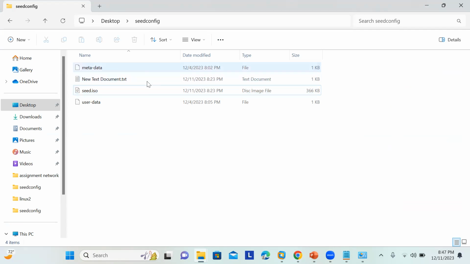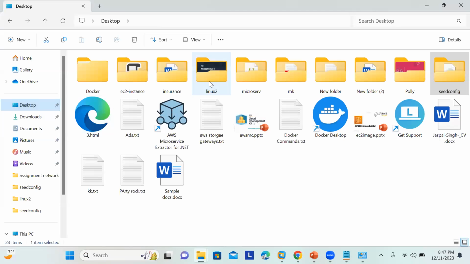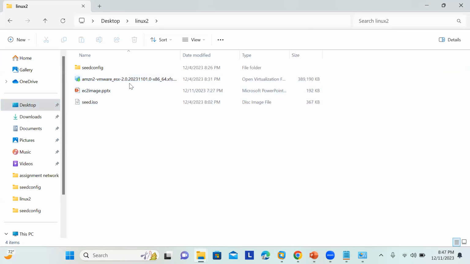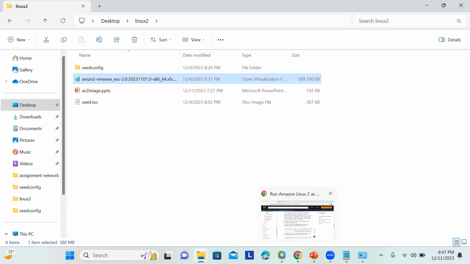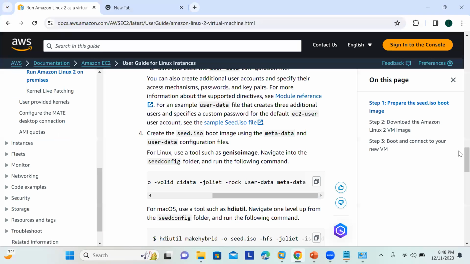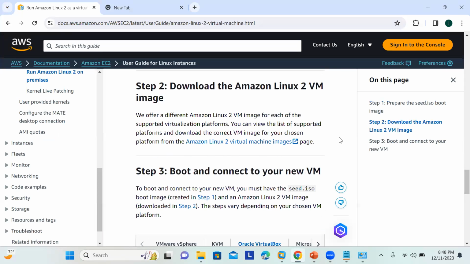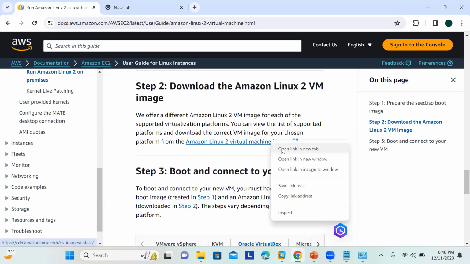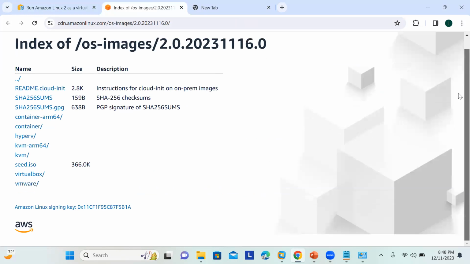So this is all about creating an ISO file. Now, the next thing that we have to get is our VM. This VM, you can download from the Amazon website itself. If I go to this one, you can see they have provided Amazon Linux 2 VMs to download, and you can choose accordingly,